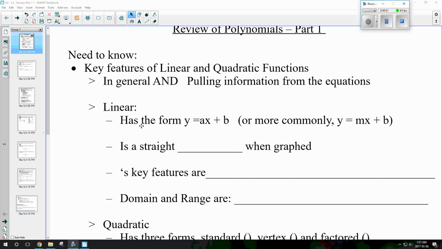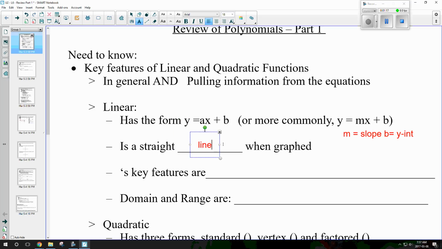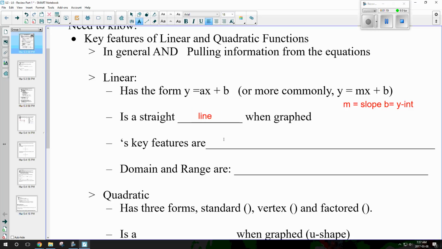So for linear, we know that it has the form y equals ax plus b, or the more commonly known one, which is the one that we talked about, y equals mx plus b. And remember for that one, m is equal to the slope and b is equal to our y-intercept when it's in that form of the equation. When we look at a graph of a linear equation, we know that it is a straight line. And then our key features of our graph,